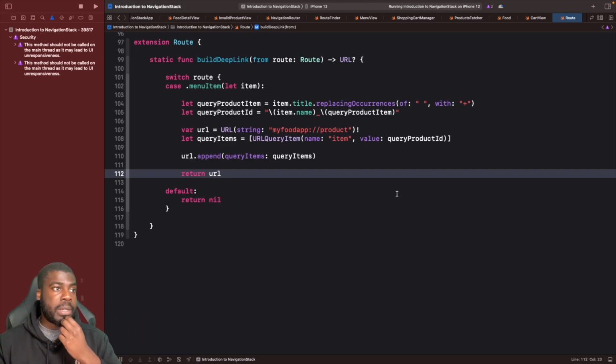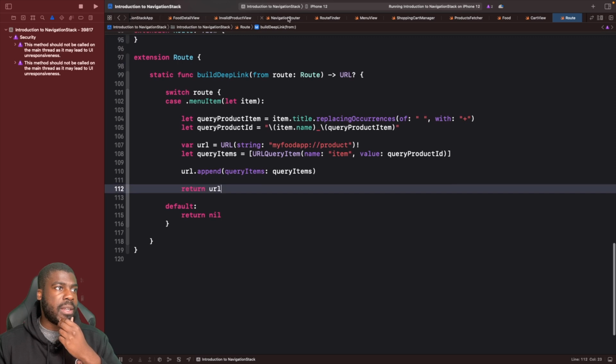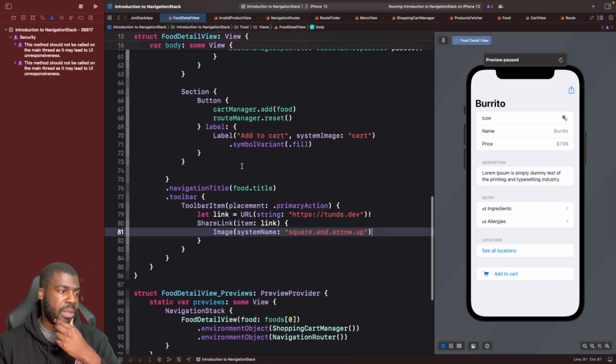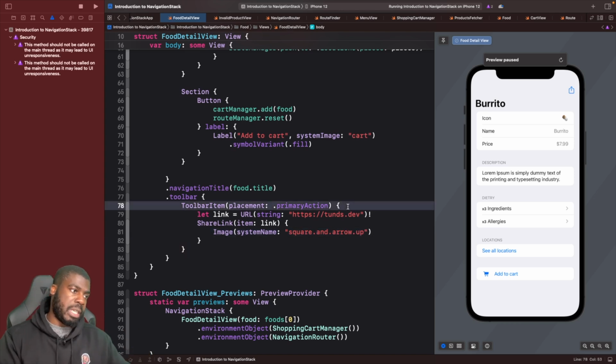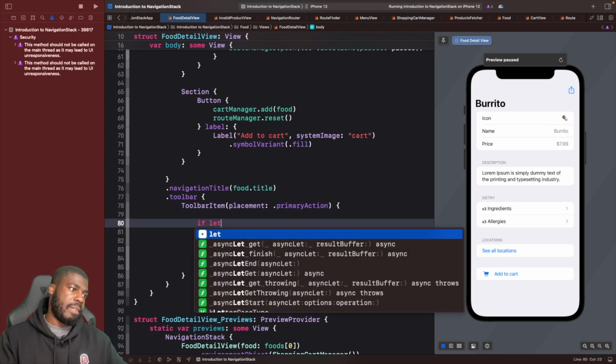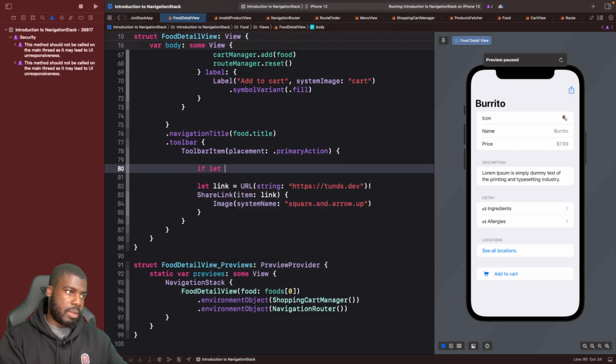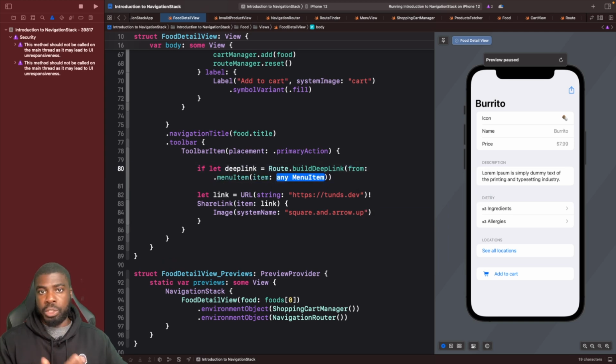That's what we're doing. So now back in our food detail view, rather than us having a hard-coded link like this, we can now use that function from before to actually create the deep link URL. So let's do that now. We're simply just going to say here, if let deepLink is equal to root.buildDeepLink from, and what we want to pass in here is a menu item, and the menu item associated value